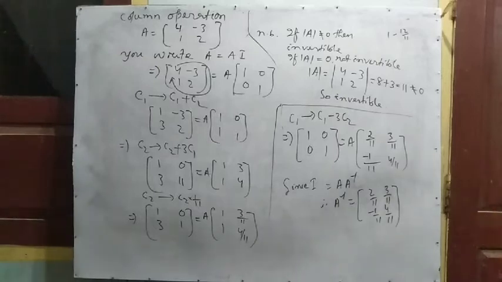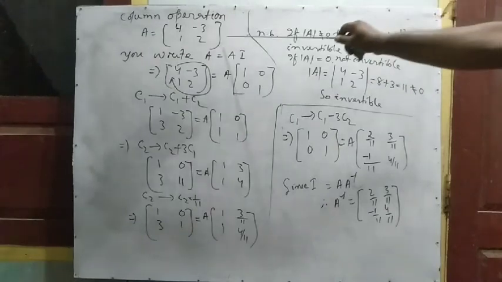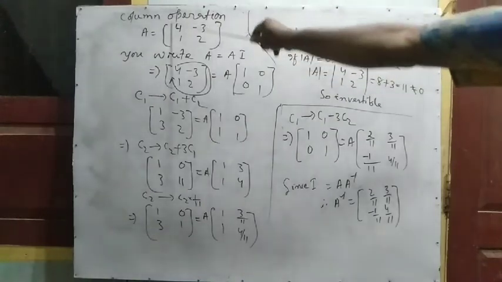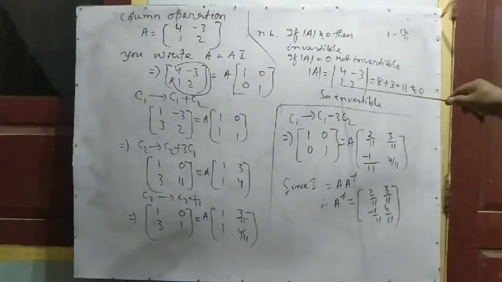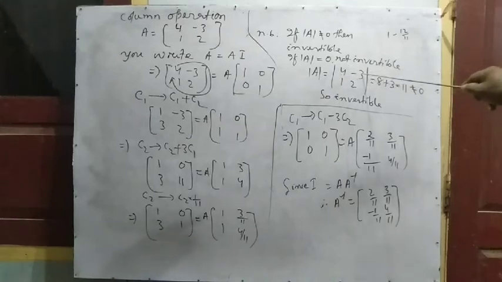what, this one. So very important point to be noted here, the question will come also in entrance. So what question you will get: a matrix is invertible or not invertible, how do you know this? First of all, you find the determinant value of the matrix. This is the matrix given, you have to find the determinant value. How to find the determinant value? In determinant you put the straight line here. You write 4 minus 3, 1, 2. The determinant value means 4 into 2 minus 1 into minus 3. 4 into 2, 8, minus 1 into minus 3, minus plus 3, then its value equal to 11. So 11 is not equal to 0, so it is invertible.